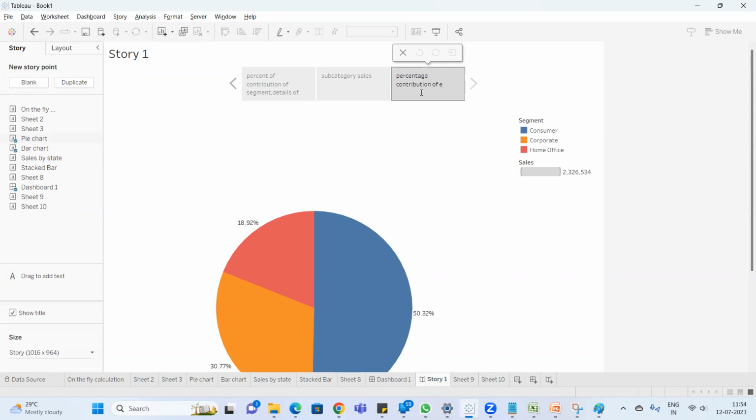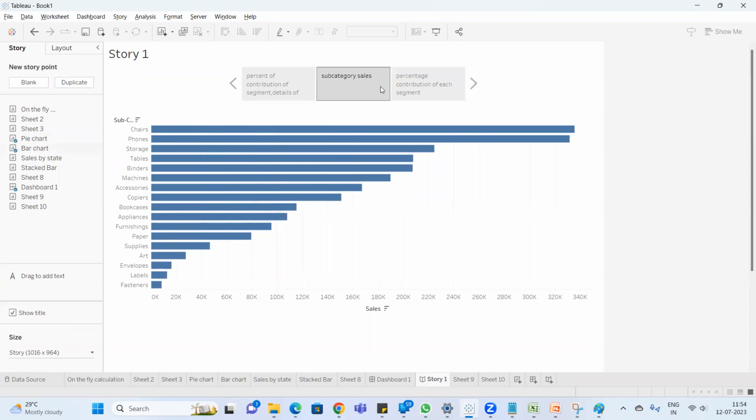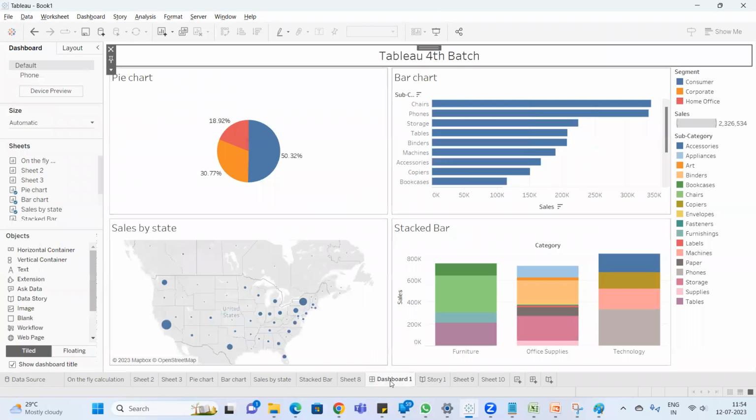Contribution of each segment. It depends on the requirement. So here, for each sheet, I can explain clearly. If you go to this dashboard, here I'm not able to explain. I cannot keep a note for each and every chart. If you want to explain anything related to this particular chart, keeping notes will